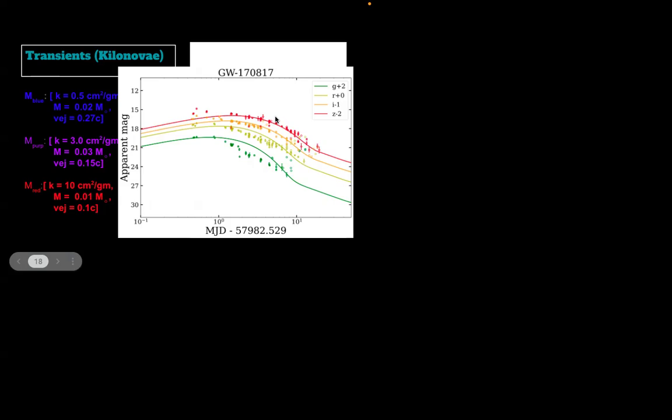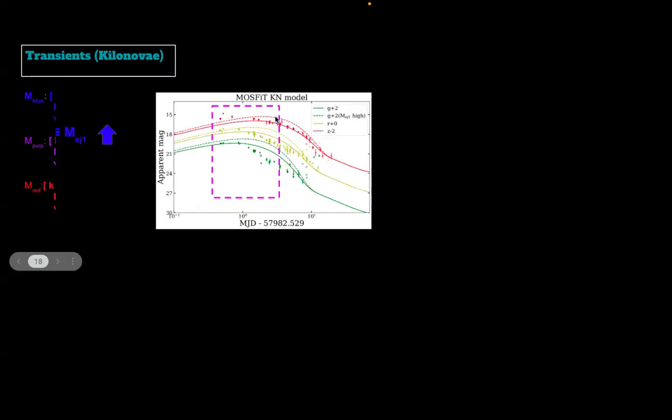But I have done an empirical check of what happens if we don't consider these three kinds of ejecta. This is more or less the fit for these different values, and these are the observations. What will happen if you increase the blue ejecta value? If you increase the mass in the blue ejecta, the blue ejecta is now dominating.